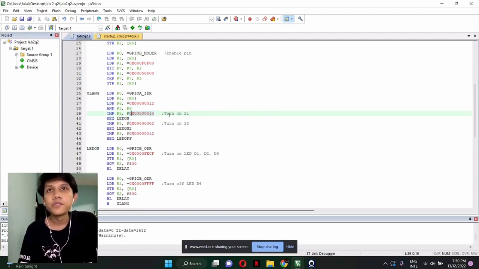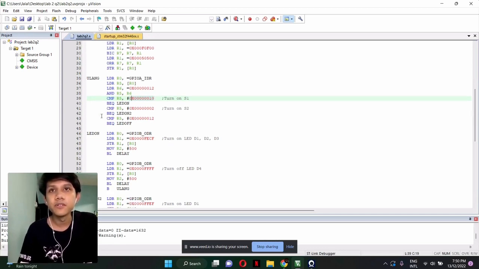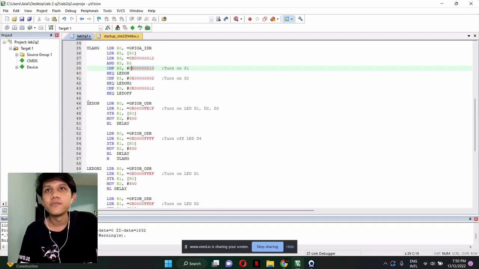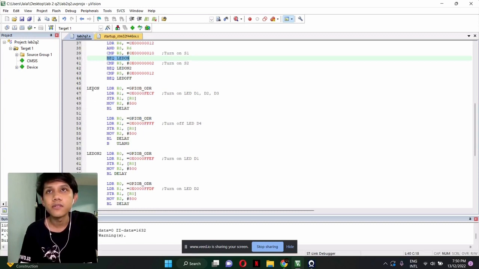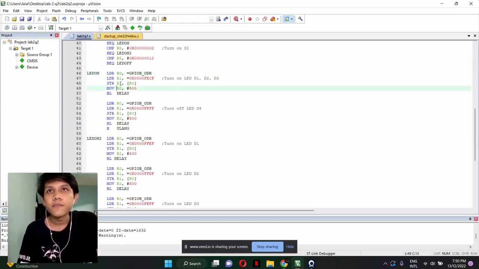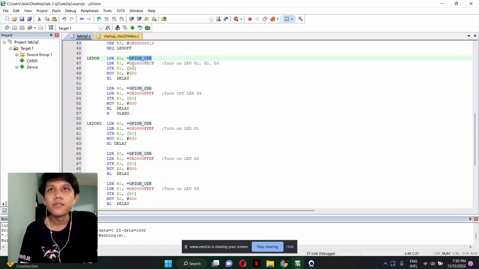If switch one is pressed, then we go here and the LED turns on. For the output, GPIOB port B output, we use just like the paperwork, 0x0000FECF